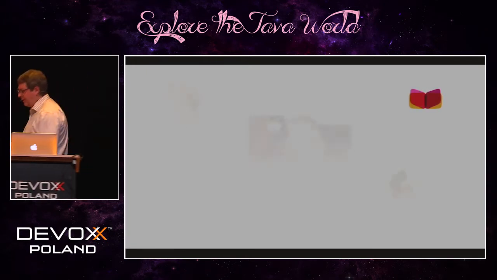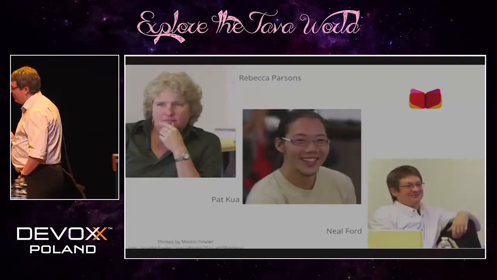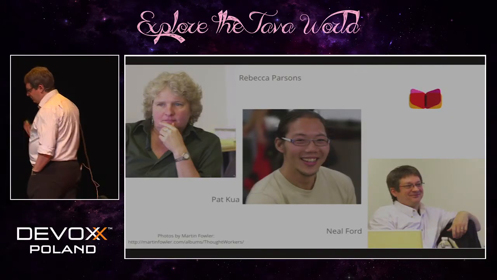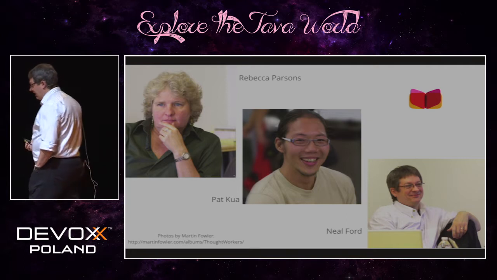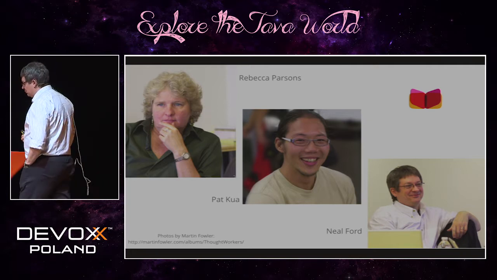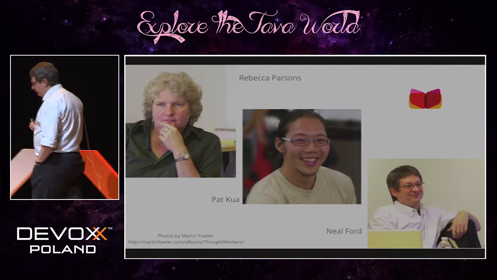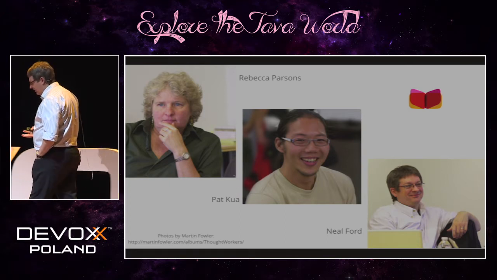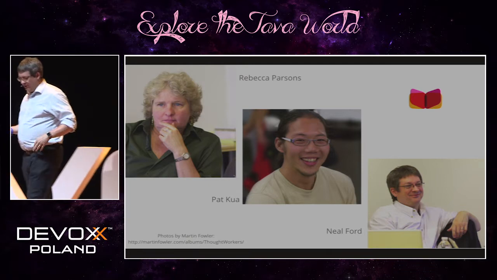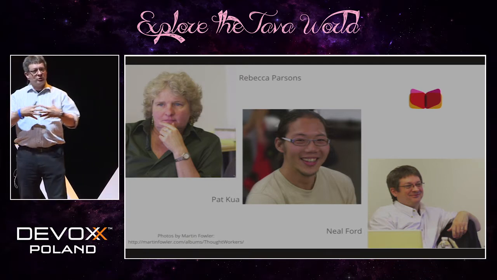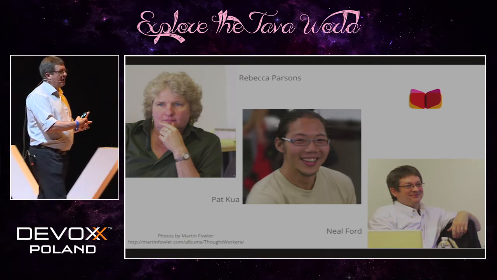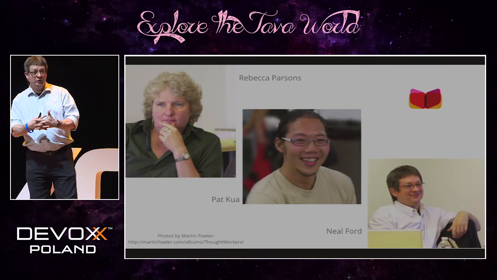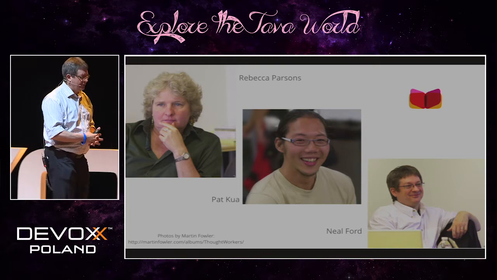This is a book that I'm currently working on with two other people. Rebecca Parsons, who's the CTO of ThoughtWorks, is a computer science PhD and has had some experience in the evolutionary biology world. Pat has written a really fantastic book for tech leads, and he's been spending a lot of time thinking about the intersection of people and teams and architectures, and we realized really early on that to talk about evolutionary architectures, you have to include team structure and team dynamics.